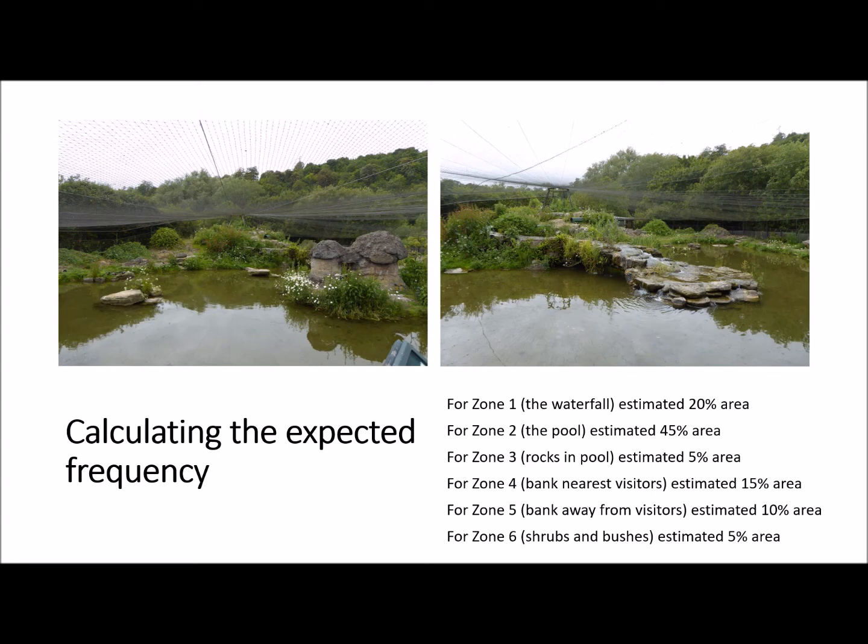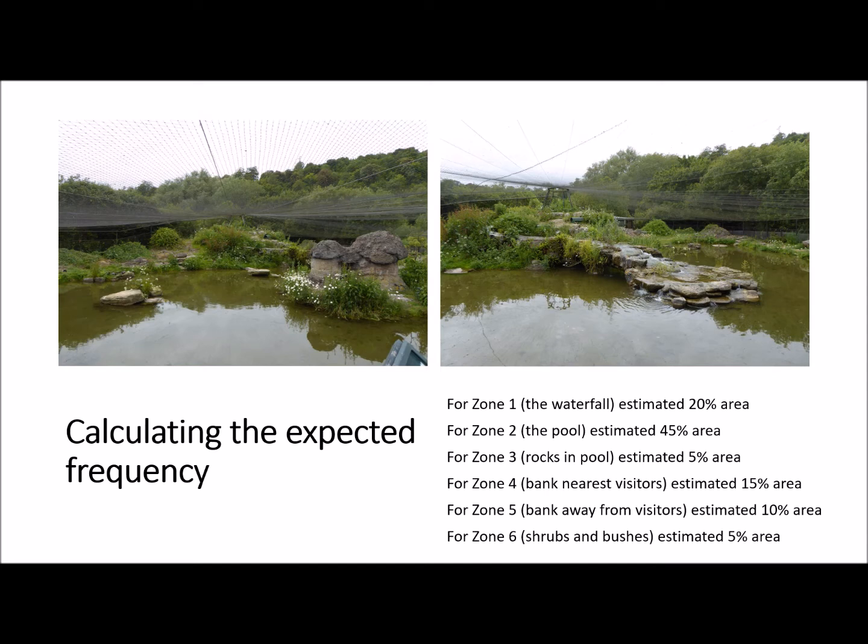So in this case, zone 1 is the waterfall, and we've estimated that as 20% of the overall available area. The pool is zone 2, and we've estimated that as 45% of the area. 5% for zone 3, which are the rocks and boulders in the pool. 15% for the bank nearest the visitors, which is zone 4. 10% for the area which is the bank away from the visitors, which is zone 5. And zone 6, which are all the shrubs and bushes that are growing in the exhibit, we've estimated that at